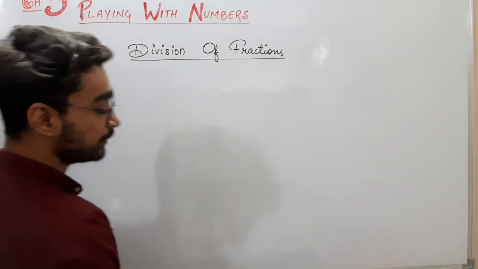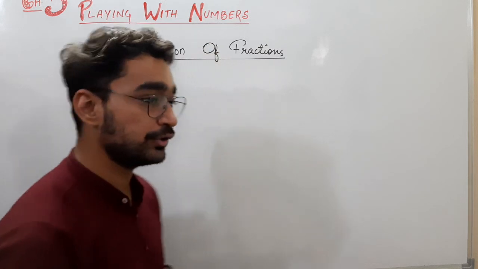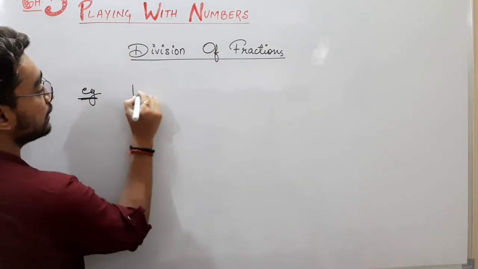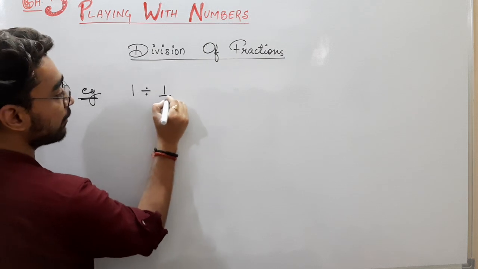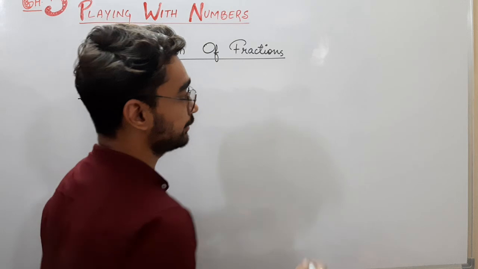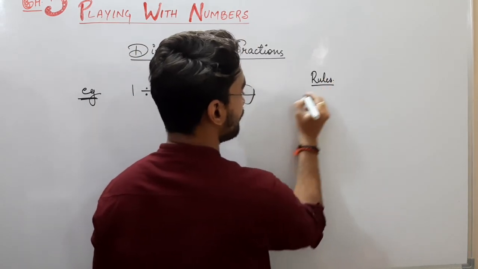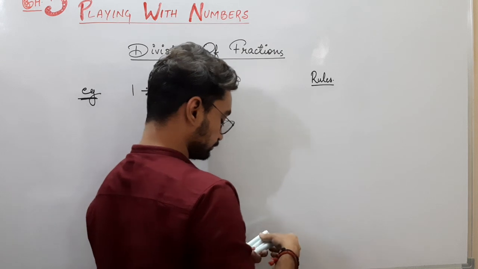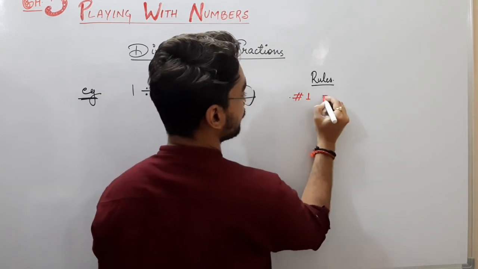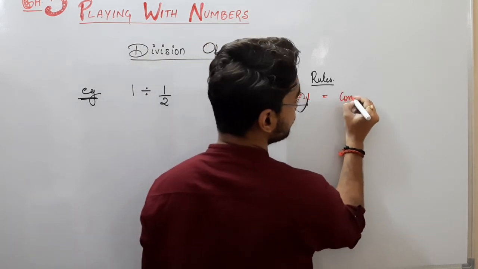So for example, if I'm writing the same thing, 1 divided by 1 by 2, we have to follow 2 steps here. I'm writing 2 rules here. Rule number 1 says: convert